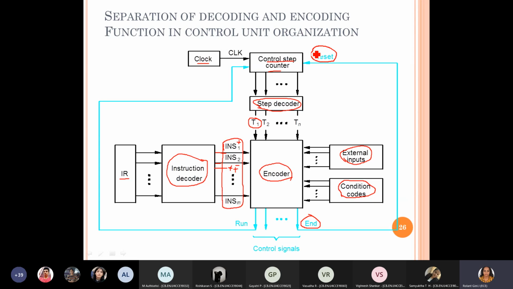Naturally at T1 you would have already defined which control signals need to be enabled, so it automatically goes into fetching the next instruction and starting the execution, right? Till the End control signal occurs, Run will be there to increment the counter every time.